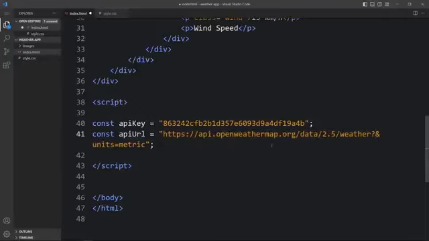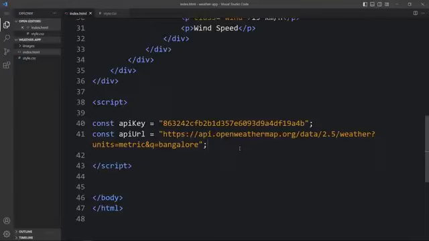So in this one we have the URL and we have added the unit metric. In this URL we have just added the unit metric, and let's add the city also for now. Here we will add and q equal to, and let me add one city name, Bangalore,